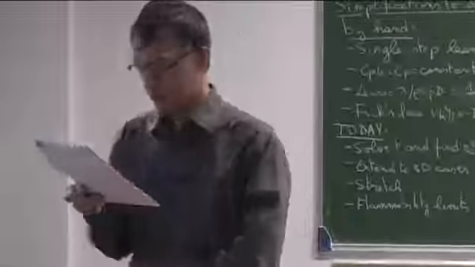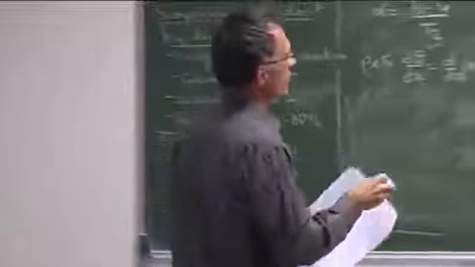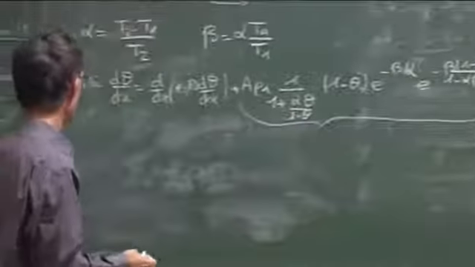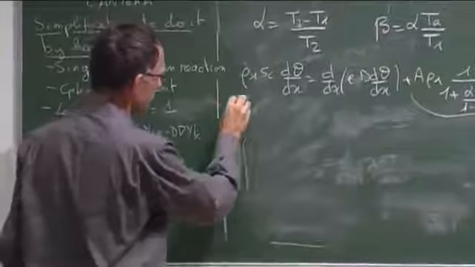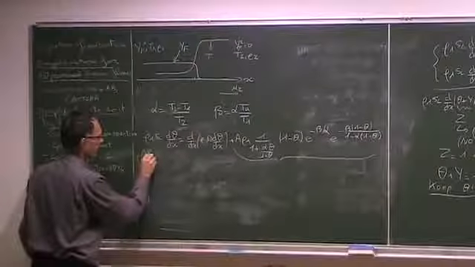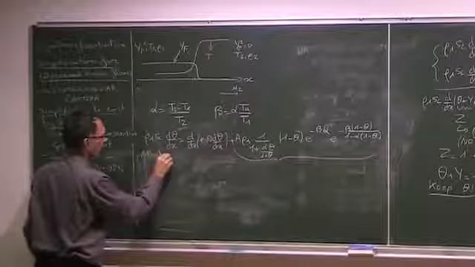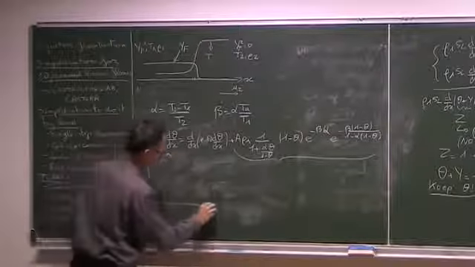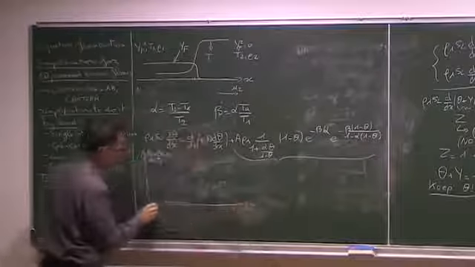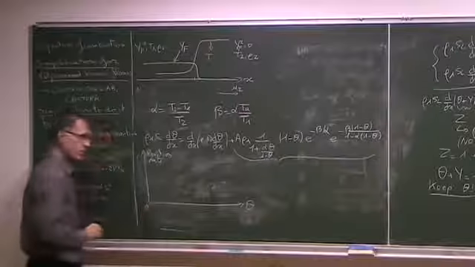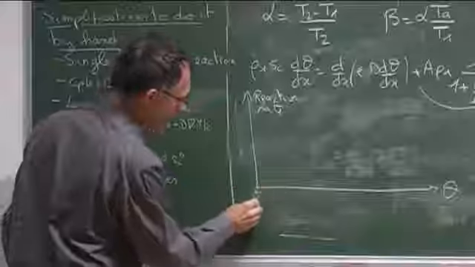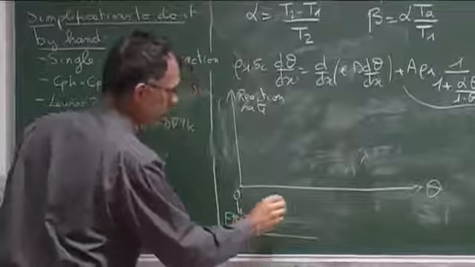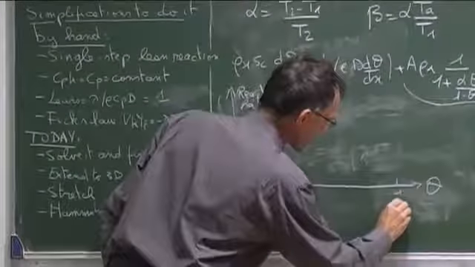Now, why is it useful to write it this way? Well, because you can analyze now this function. Now, it's not so complicated. And you can plot it. And I'm going to plot it for you. If you plot here the reaction rate, which is this term here, versus temperature, this is how it looks. So temperature is 0 here when you are in the fresh gases, and it's 1 when you are in the burned gases.